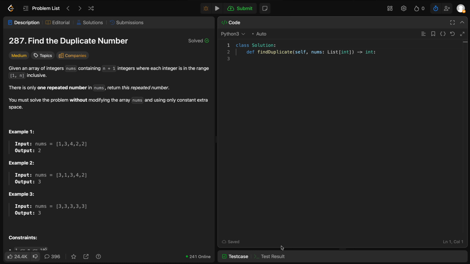Welcome back. In this video I'll be solving Leetcode problem 287. Find the duplicate number. Given an array of integers nums containing n plus 1 integers where each integer is in the range 1 to n inclusive. There is one repeated